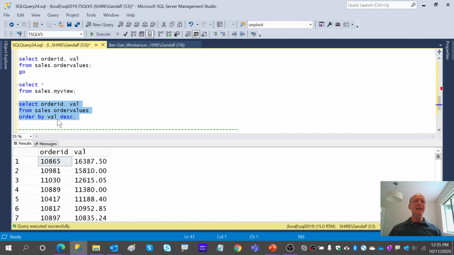At any rate, what we need to understand is a query with an order by clause doesn't really return a relational result. It doesn't even return a table result as far as SQL is concerned, because a table cannot have predefined order at the conceptual level. So the order by kind of takes us outside of relational theory in a way.